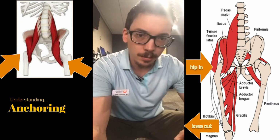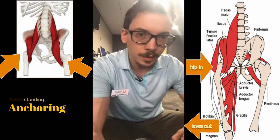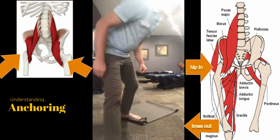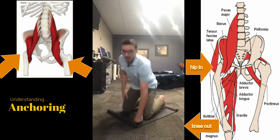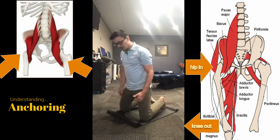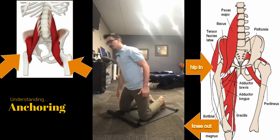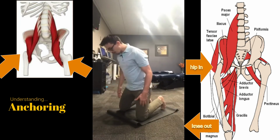So, got your mat, carpet, whatever works. Get barefoot and lay it on the ground here. Maybe a little bit of side view. The knees are a little bit far apart. If you have knee replacements or this hurts, get a chair and do it on a chair. Just have the feet behind you like this. And I'm going to put most of my weight